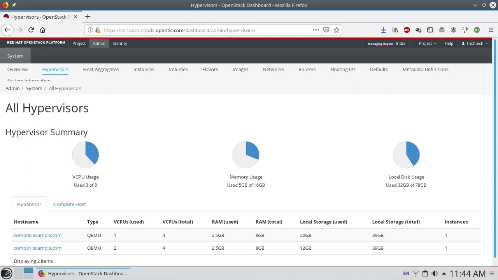So like this you can plan your host aggregates and availability zones, and accordingly you can set up your OpenStack platform, and users can select that particular availability zone and launch their instances to use it in a better way.